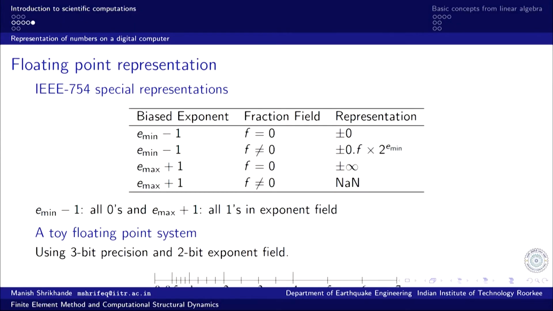Anything in between the numbers that are labeled here does not exist on the computer. So, this is what I meant. How many numbers can I fit between two consecutive numbers? Ideally, in an ideal real number system, there is an infinite set available, but on a digital computer it is not so. I only have a finite set of numbers that I can pack in between two consecutive numbers, and those are a discrete set of numbers. Those are referred to as machine represented numbers, and anything between them is a black hole.